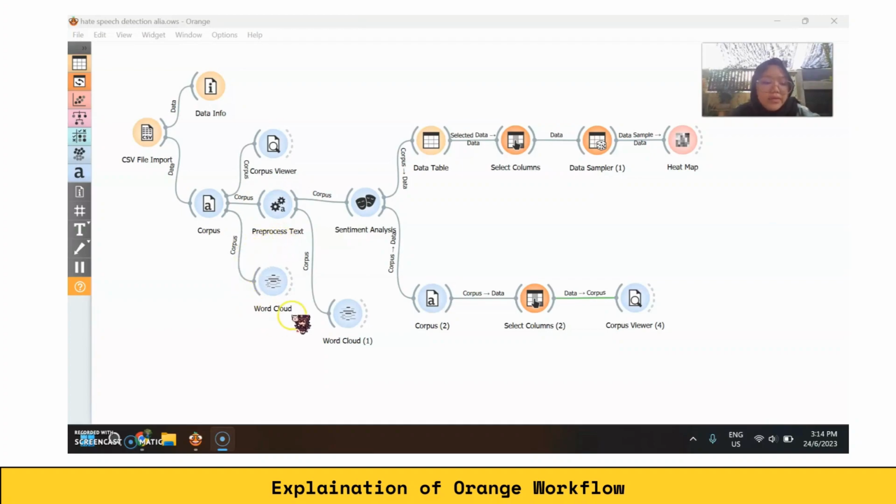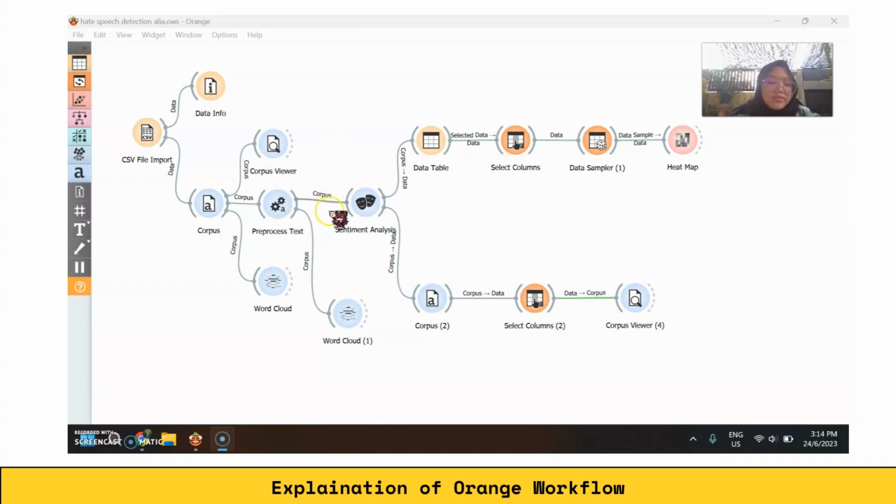And then we connect into the word cloud. Word cloud generates a word cloud from corpus. It is an excellent widget for displaying the current state of the corpus and for monitoring the effects of pre-processing. Okay, this part here is the data pre-processing.